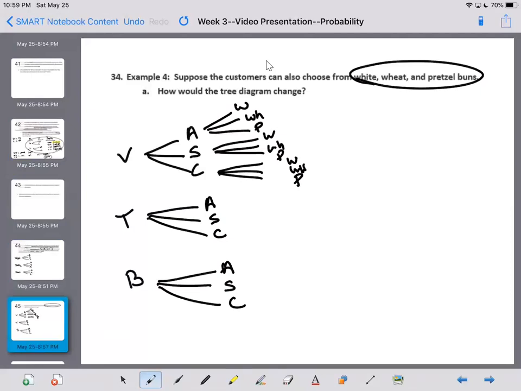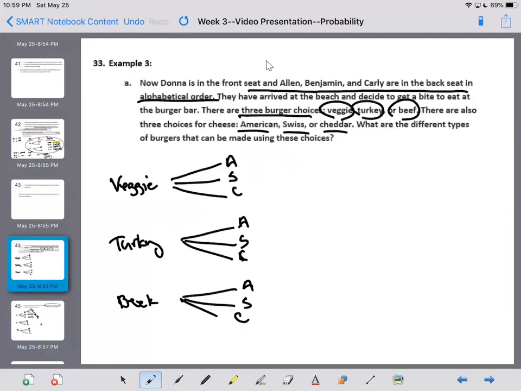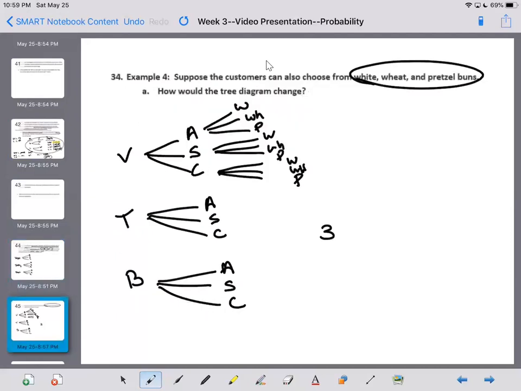So you actually have 3 choices of burgers, 3 choices of cheese, and 3 choices of buns. So you're going to have 27 possible outcomes to choose from,